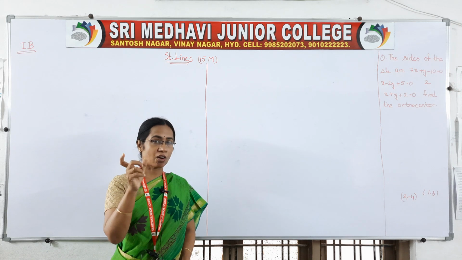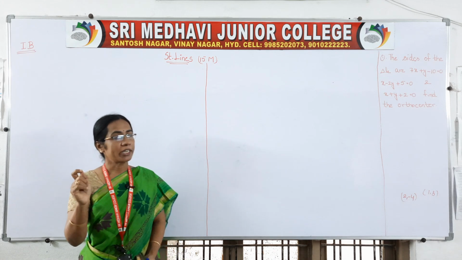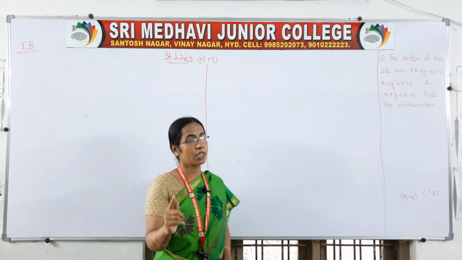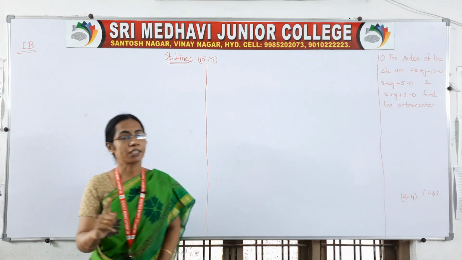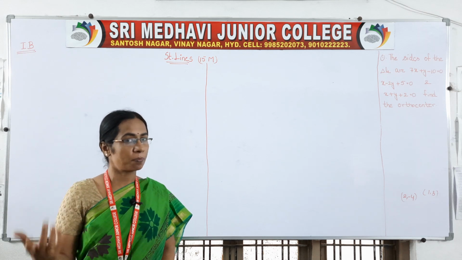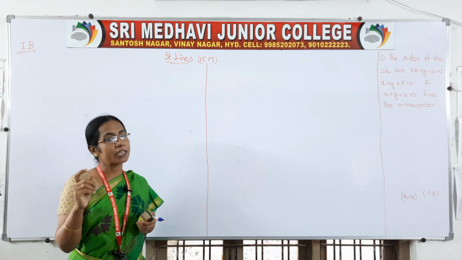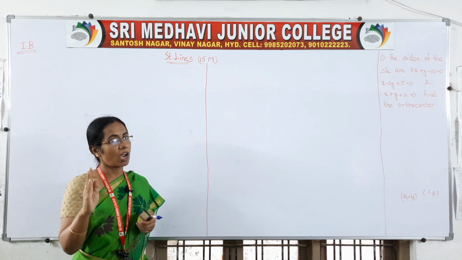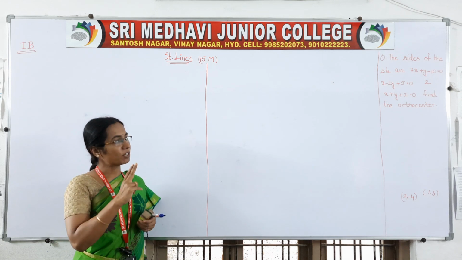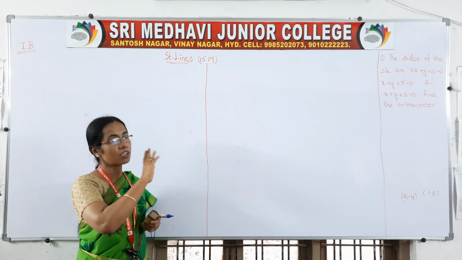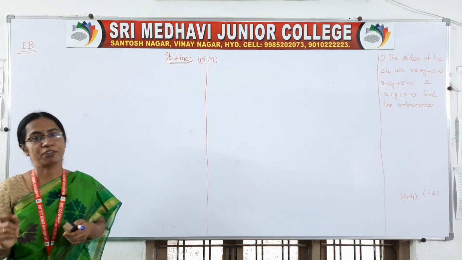Remember this is the concept, don't memorize the entire 7 marks problem. Orthocenter means the point of intersection of altitudes. That means we have to find two altitudes, and after that their point of intersection or point of concurrency is called the orthocenter. So be clear with the concept: you just have to find two altitudes of the triangle, and their point of intersection is the orthocenter. That's all. Don't memorize each and every step.